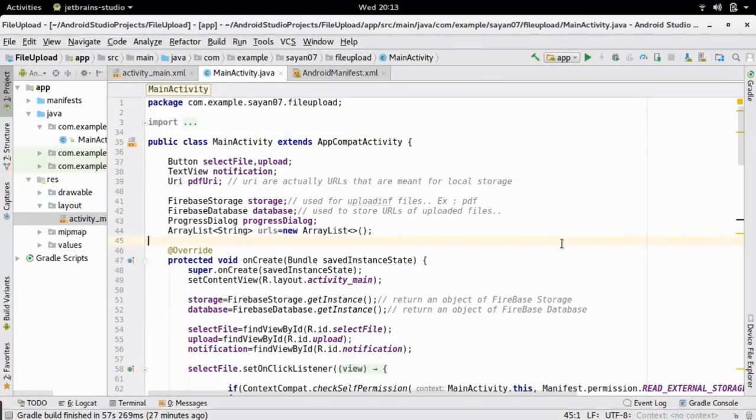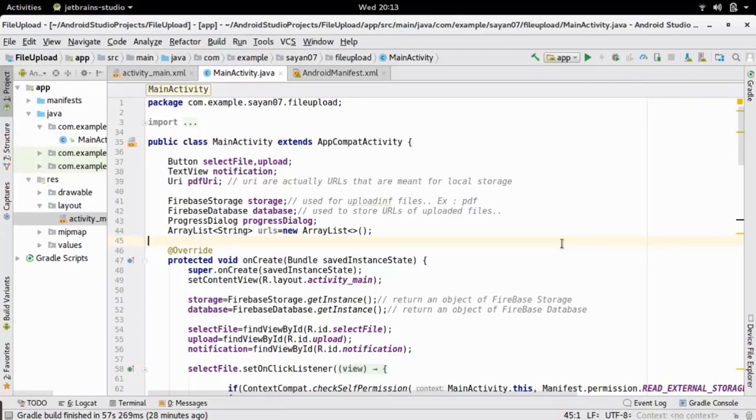So hello guys, this is the project from our previous tutorial. To repeat, in the previous tutorial we saw how to upload PDF files to Firebase. Using that project only, we are going to continue building our final application, and in this project we are going to see how to fetch pre-uploaded files from Firebase. Here we are going to fetch PDF files.